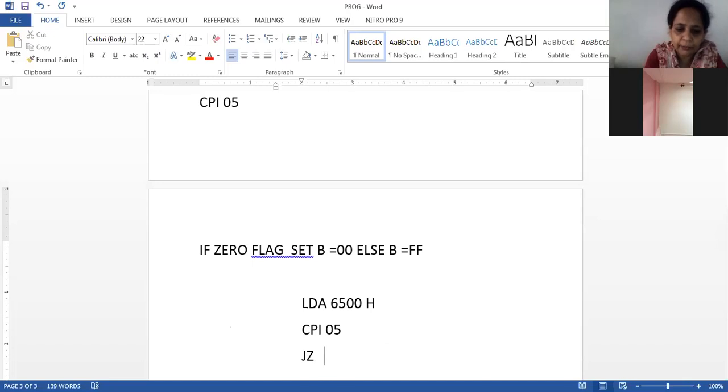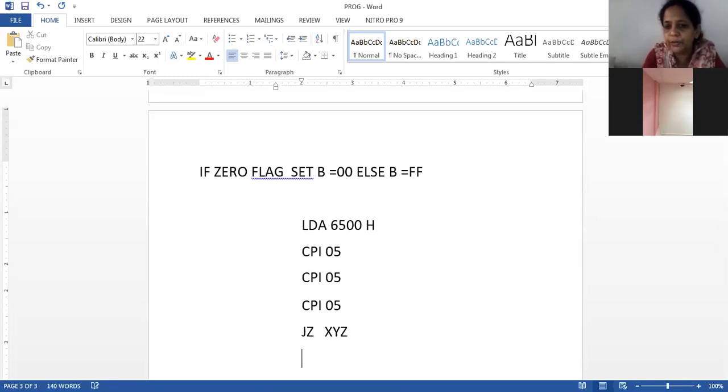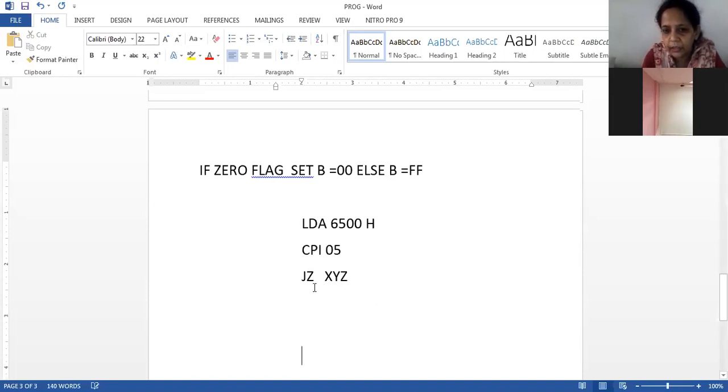So for example, if XYZ is the label, I don't know where I will write that particular thing. If the zero flag is not set, it will come to the next instruction.